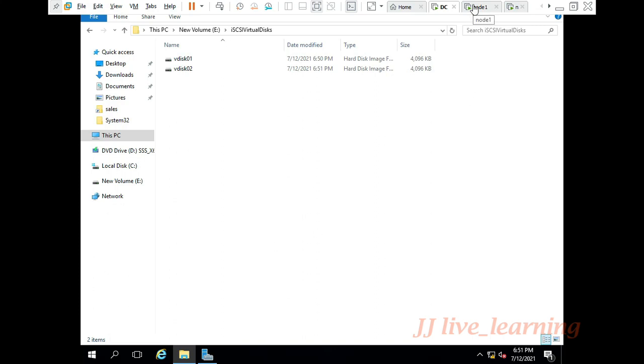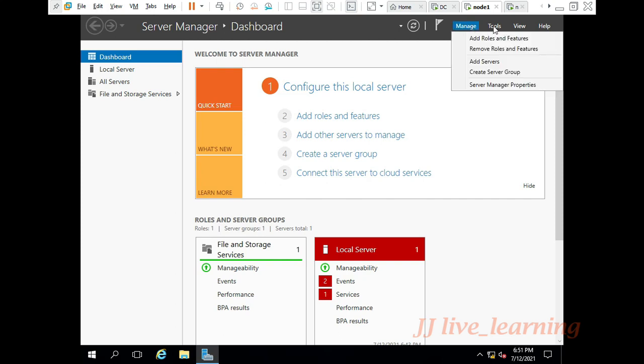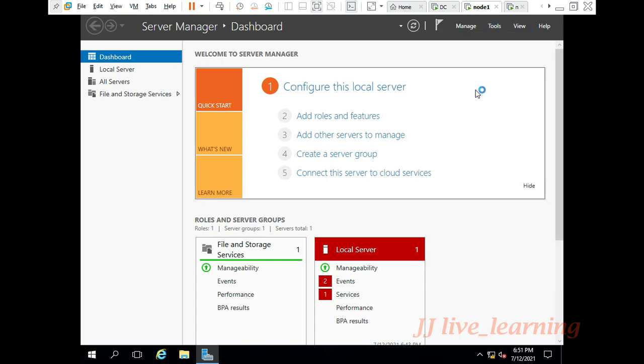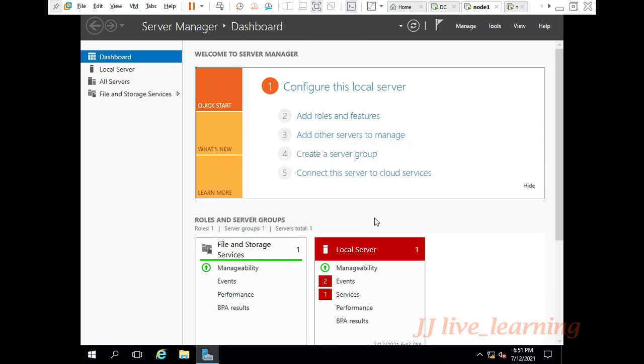Now come to your failover cluster, that is, the primary failover cluster. Select Tools, then select iSCSI Initiator. The initiator is nothing but how we receive the iSCSI target path on your machine.